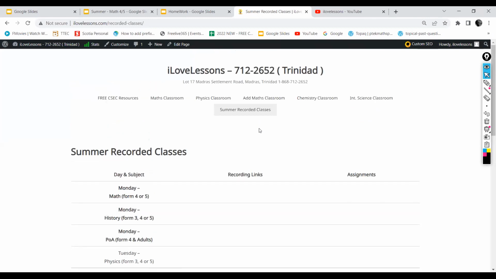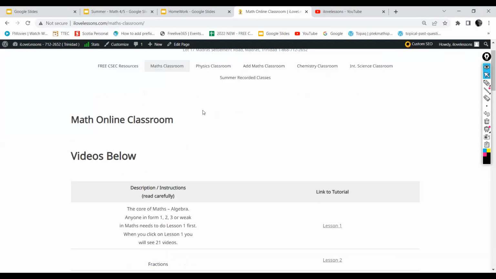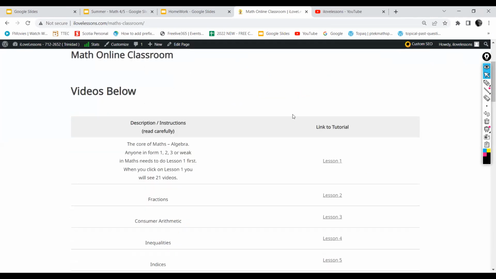Right? And now I know some of you all had some problems with positive and negative numbers and whatnot. So listen to these instructions now. In addition to reviewing today's recording, I need for you all to go into the maths classroom. Look at this button here, maths classroom. You just need to click on maths classroom. And when you click on the maths classroom, scroll down a little bit and you will see lesson 1. So inside the maths classroom, you are focusing on lesson 1. Click on lesson 1